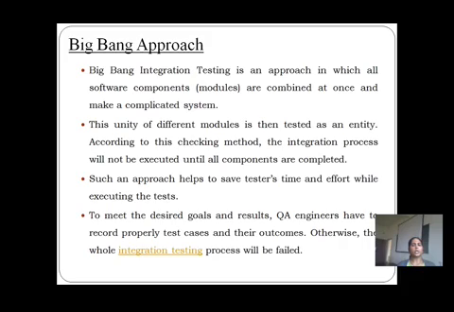Why? Because whatever they have defined will not be achieved, or it is not as per the customer's requirement specification. So the whole system working will fail over there, and we can say that the quality of the software will not be achieved. So this is the difference in how the quality will be improved.